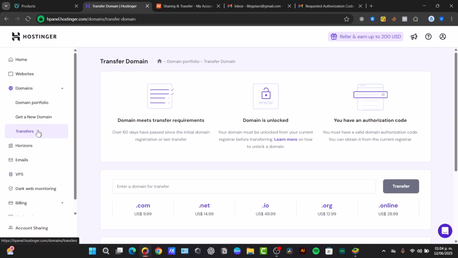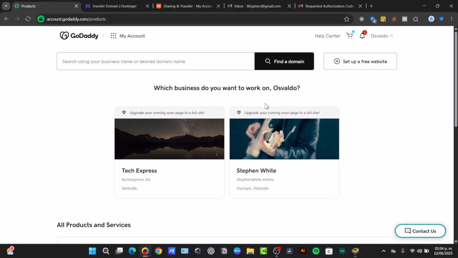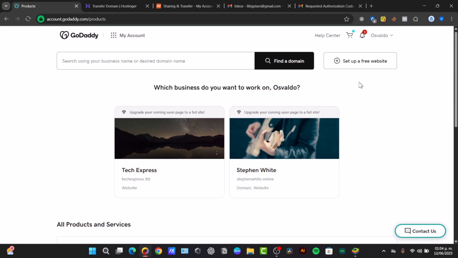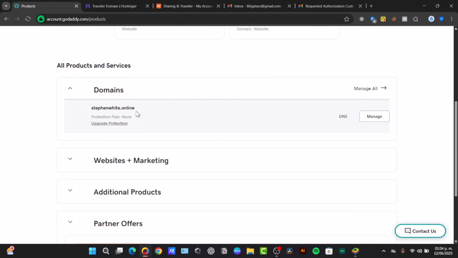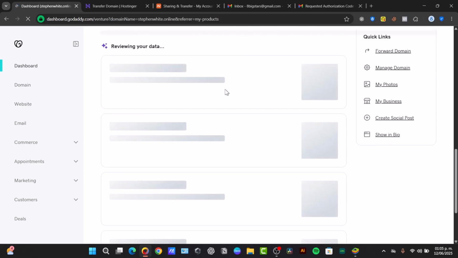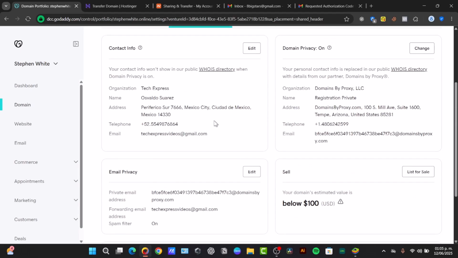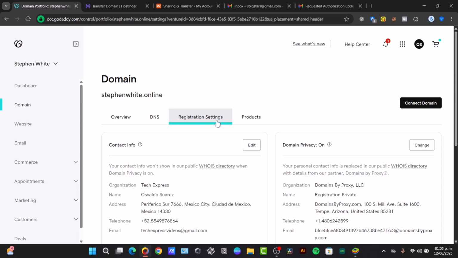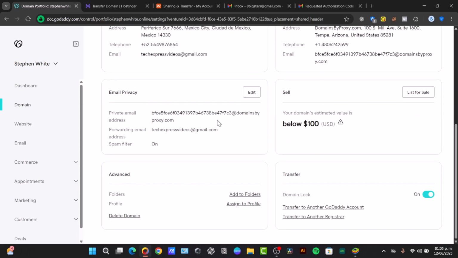When you prepare your domain at GoDaddy, the first thing to do is go to GoDaddy.com, sign in, and locate your domains. When I look for my domains, I look for the option that says manage the domain. So scroll down to the additional settings. When you click into your domain, it should appear all the way down here. Inside the option that says registration settings, I'm going to go all the way down and look for